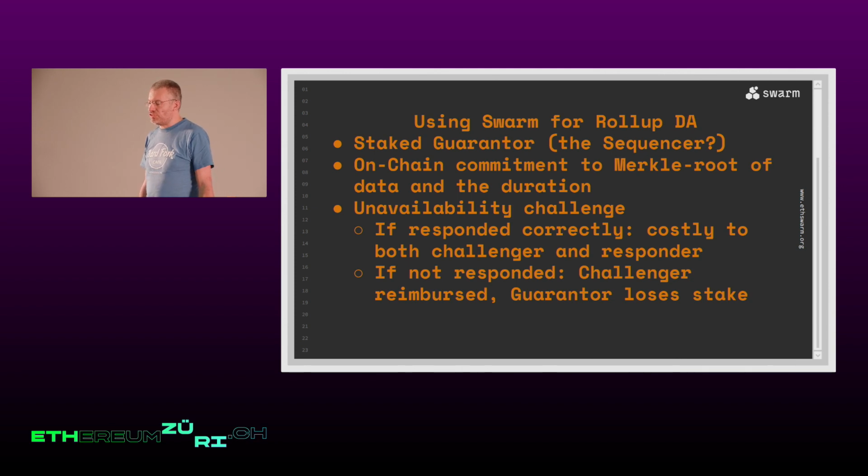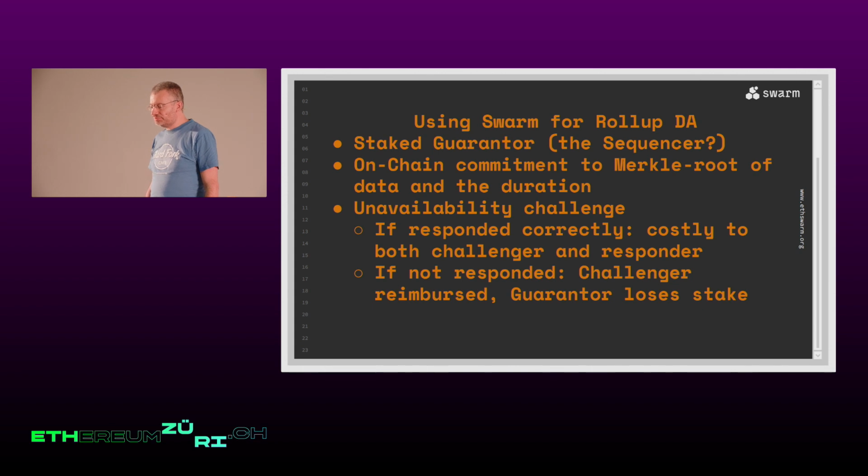Or, if it's really not available, then the challenger is reimbursed and the guarantor loses their stake. Which means it's an economic guarantee that if the data becomes unavailable, then the guarantor will lose this amount of money. And maybe this model is actually workable for rollups to store transaction data in Swarm,